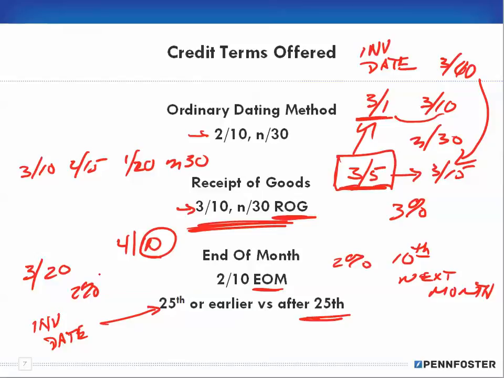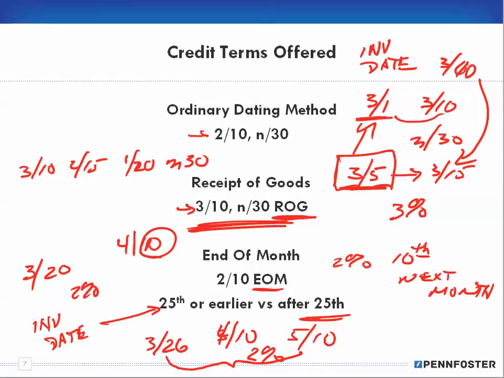Now, if the invoice is dated 3/26, okay? Well, what that means is that the buyer will get an extra month of time. He won't owe the amount by 4/10. He's going to be able to get all the way to the next month, which would be 5/10. So he gains an extra month of credit time. So he's going to have it between March 26th and May 10th in order to be able to take the